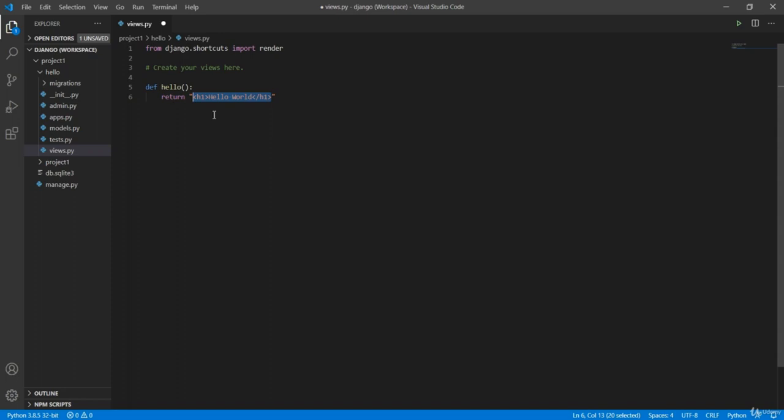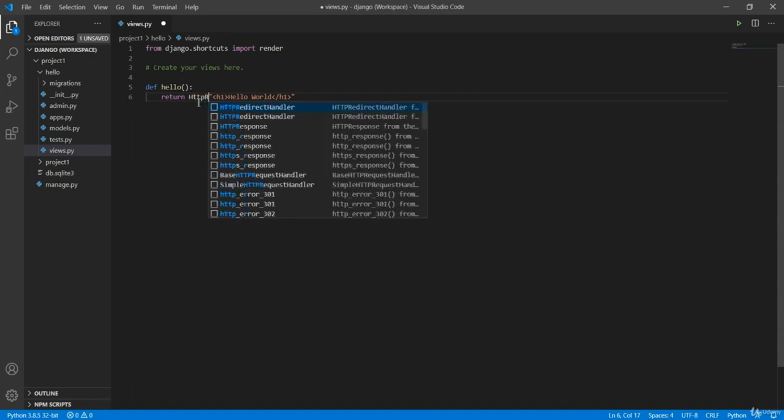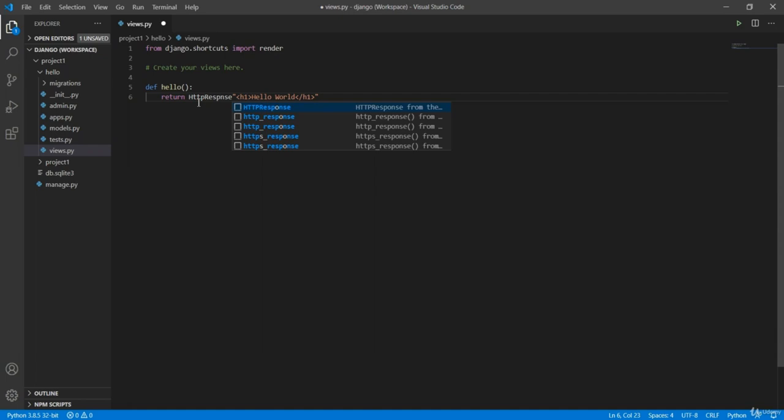However, this is just a Python function, nothing related to Django. And if you try to run this, we're actually not going to get the response that we want. We won't get a page that says hello world. So this is not related to Django. And to make it related to Django, we are going to add a Django class to it, which is the HTTP response. So we're going to say return for us an HTTP response, which is a special class in Django,